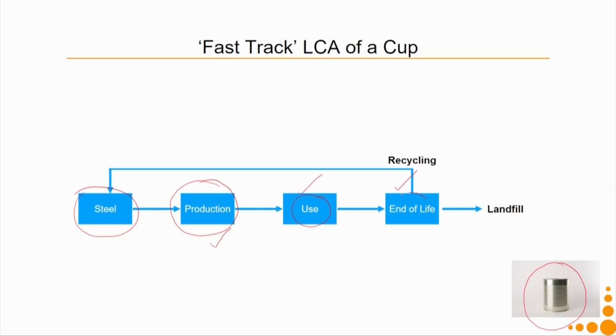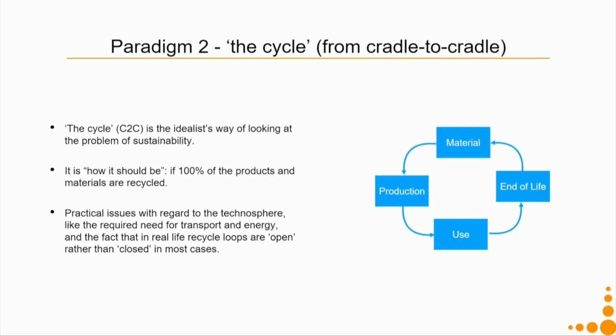Similarly, we will have to use a couple of end of life scenarios, because again the end of life is not in the hand of the manufacturer or the designer. Yes, it also gives you the scope for designing for a certain end of life process. In that case, you have to redesign the entire product system, how the product will be collected back and recycled. The second paradigm is called the cycle, the cradle to cradle approach.